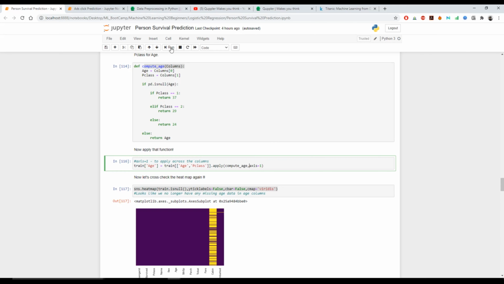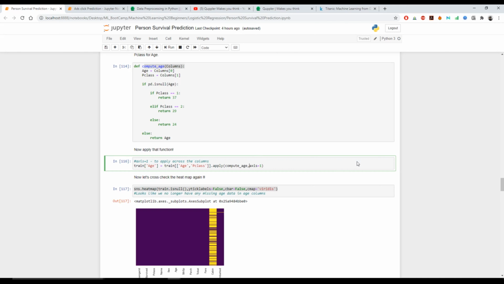Once we had dropped it, we're going to do train dot head to see whether that column is present or not. So we had already dropped this cabin information from our data set, so we were only left with the embarked.